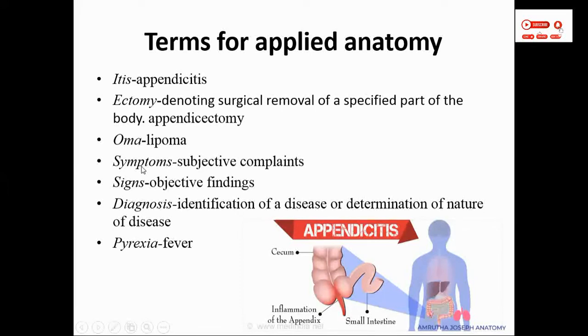Symptoms and signs. Now there are two terms here which are used: symptoms and signs. Symptoms are subjective complaints. The patient comes to you and says that he has a pain in the abdomen. So that is a symptom. You don't know what is happening in the abdomen. He says some discomfort, and you press some part of his or her abdomen, and the patient says ah because of the pain. That is a sign. So symptoms are subjective complaints, when the patient comes and tells you. Signs are what you are going to find out.